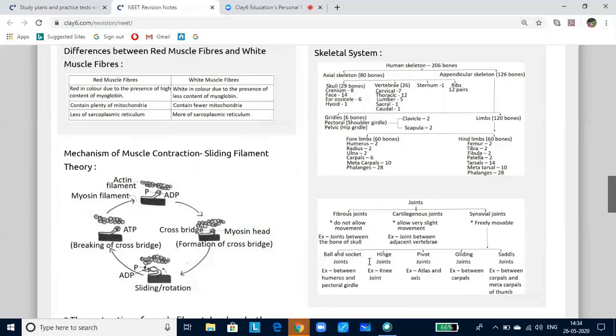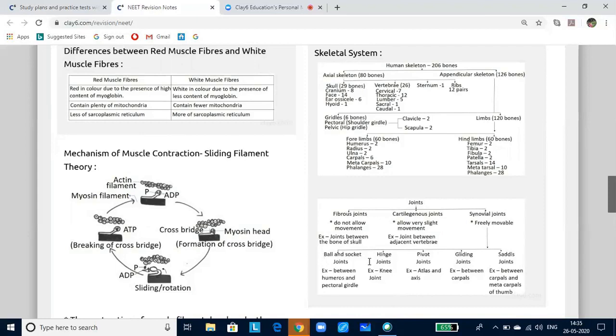Now, repeated activation of muscles can lead to the accumulation of lactic acid due to anaerobic breakdown of glycogen in them, causing fatigue. Muscles contain a red-colored pigment called myoglobin. The myoglobin content is high in some muscles, which gives a reddish appearance known as red fibers, and they are also called aerobic muscles. Some of the muscles possess very little myoglobin, hence they are pale or white in appearance, and these are called white fibers. They depend on the anaerobic process of respiration. So you can see the differences being tabulated between red muscle fibers and white muscle fibers.